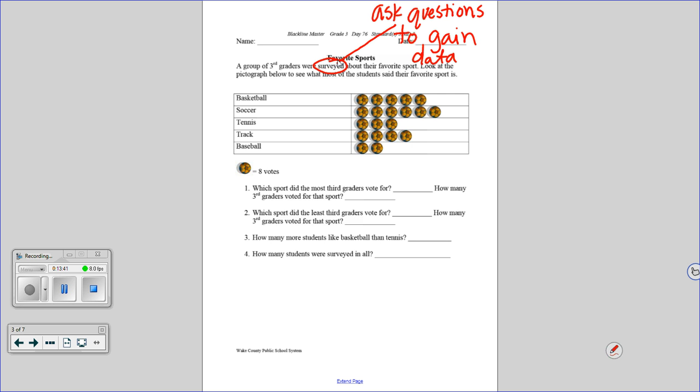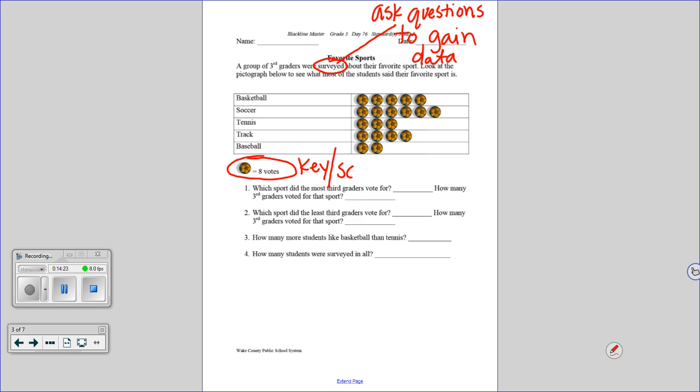There is a key on this pictograph. And I don't mean a literal picture of a key. Put your finger on the key if you think you know what it is. Caleb, what is your finger on? The cookie thing that says equal 8 votes. Yeah, it's a soccer ball. I know it doesn't print very well, but this right here is the key. I want you to circle it, and I want you to write the word key